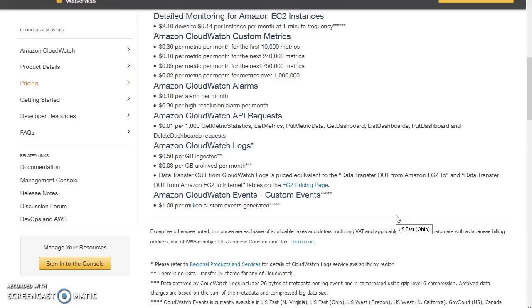About the custom events, the pricing is really simple. It is $1 per million events generated. So every time an event gets generated, for example, we created a rule some time back, and after that, every time an event happens, what would be an event? Let's say that particular EC2 instance, whenever it goes to running state, that will be one event, because we had chosen the state to be running, right? If we are choosing the state to be anything, then for every change of the state, it will be one event. So basically in $1 you get 1 million custom events. That's really cool. If you go ahead and try to use it properly, CloudWatch can help you a lot, and it will be really good.